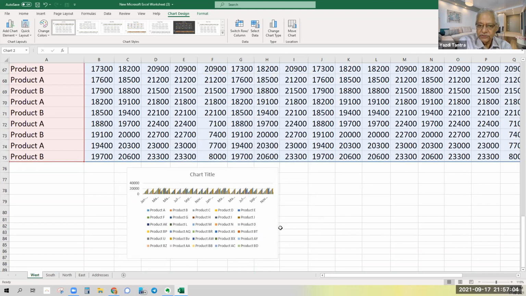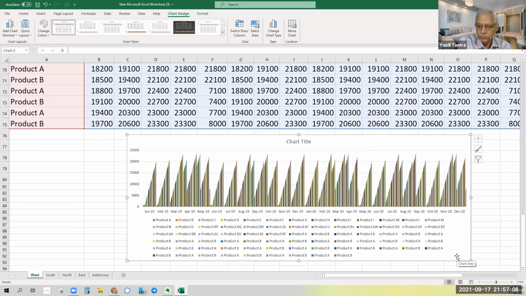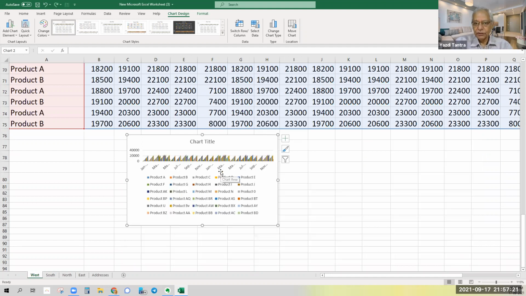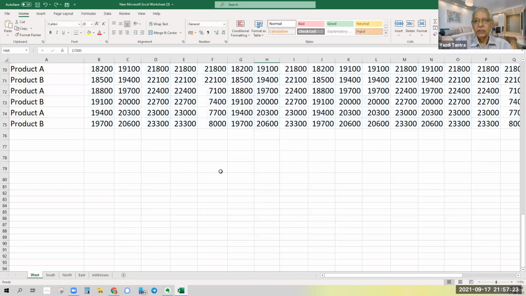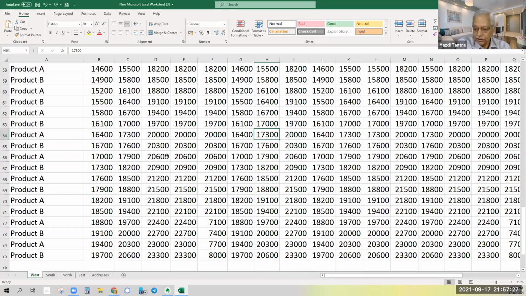This is for the entire range, January 19 to December 20. So making a chart is extremely simple. Just select the range. If you don't select the range, if you are within any table, you can make a chart of that table instantly. Alt F1 is the quick way of adding a default chart.